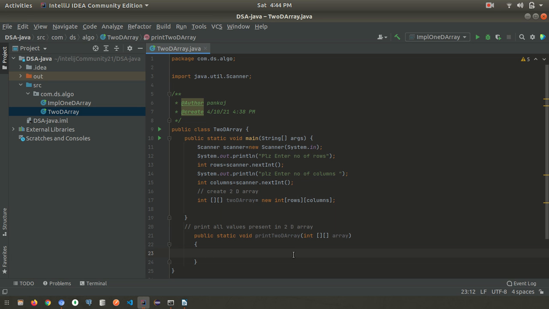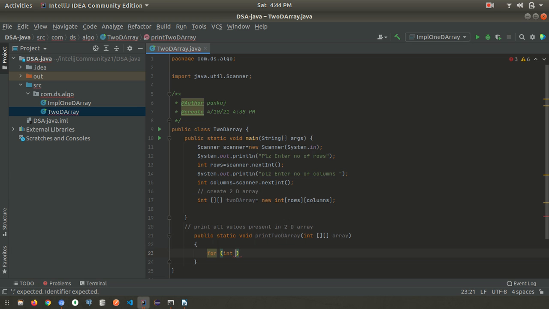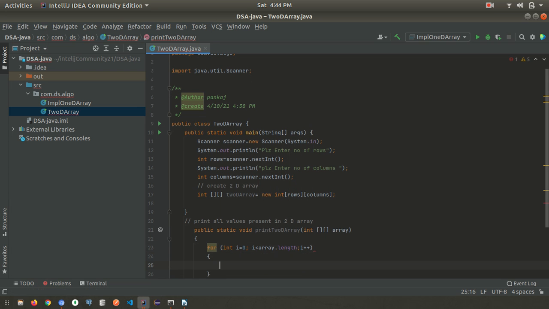So we can use a for loop for rows, starting from 0. int i equal to 0, it will go till the length of this array, so i is less than array.length, and we keep incrementing.